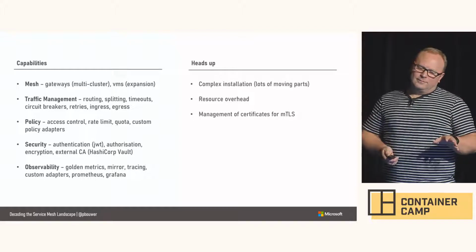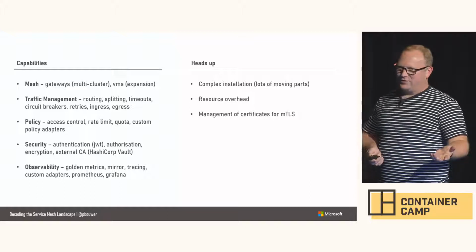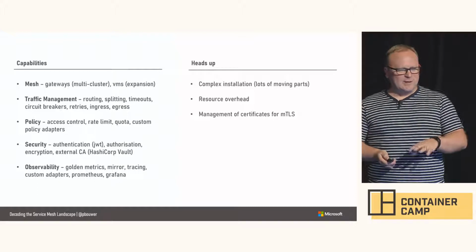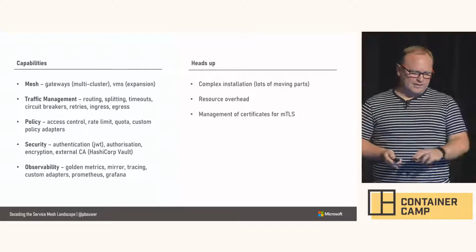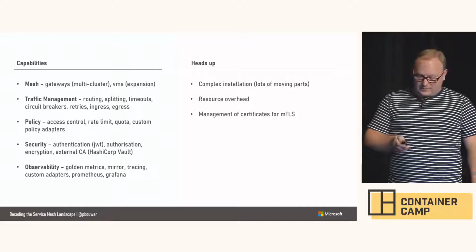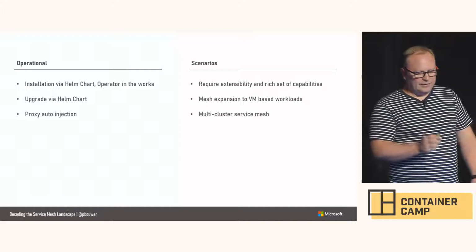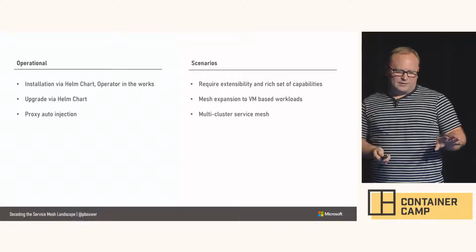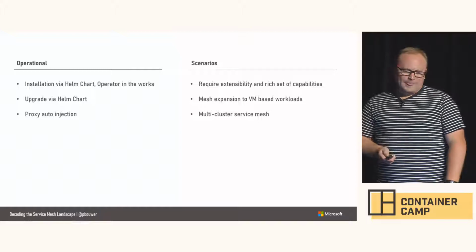And then resource overhead. Istio has been getting a lot of bad press in terms of overhead. I don't think it's as bad as some of the blog posts make out to be, and we'll talk about this in the benchmarking section just now. Management of certificates is still not where it should be in Istio. Operationally, install via Helm chart, upgrade via Helm chart, and you've got auto injection of your proxies. So that's all good. There's an operator in the works,